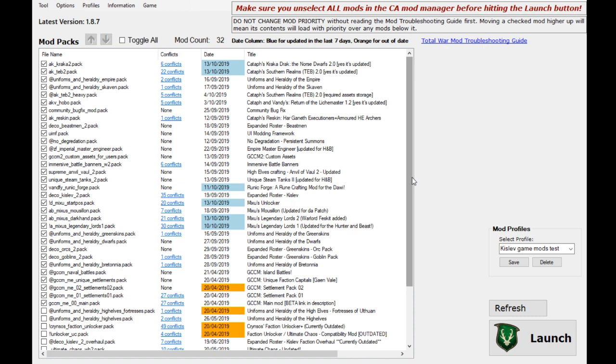An important thing was that, as it says up here, make sure you unselect all the mods in the Creative Assembly mod manager before hitting the launch button. That is the little pre-game loader which they implemented. For the most part, I've had no problems running the game with mods using their loader. However,